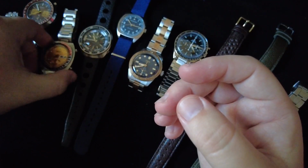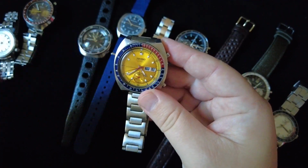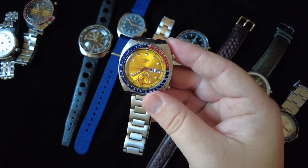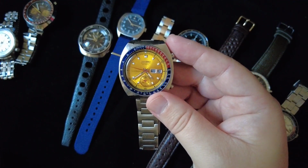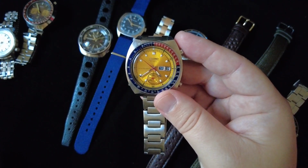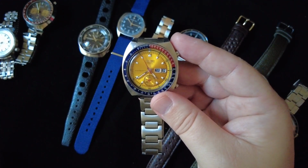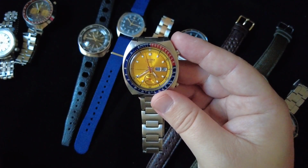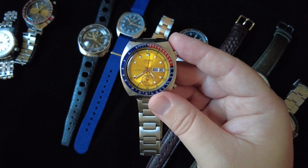All right, the next one here is a Seiko 6139 6000 series, often referred to as the Pogue, so named because Commander William Pogue wore this on one of the Space Lab missions. I think it was maybe Space Lab 4. And yeah, just like the other two, I bought this in a parts condition and